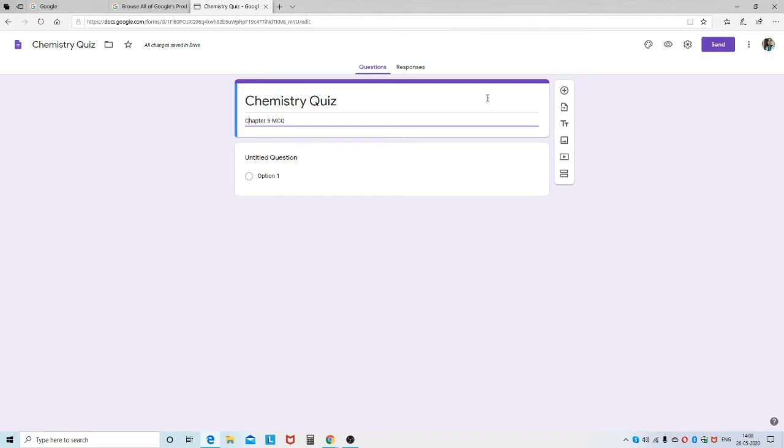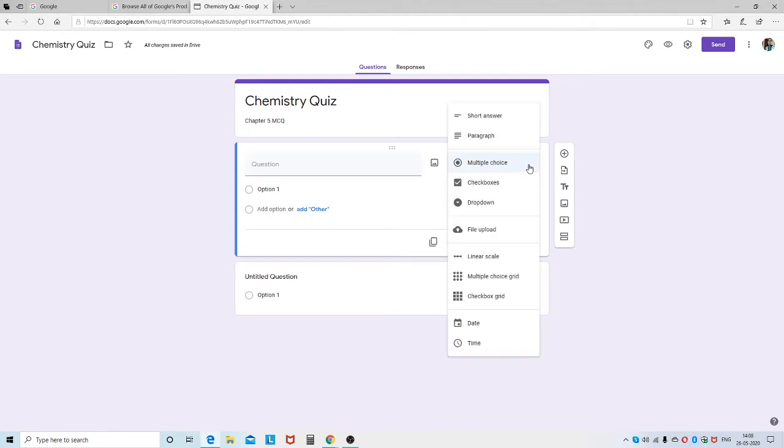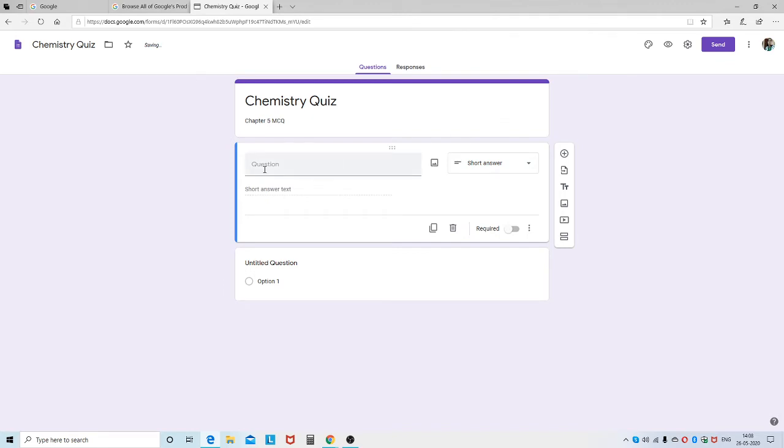Now we go to the plus button here. This plus button is used to create a new question. First of all, we have to collect the email, the name, and the class of the student. For that, you have to choose the side icon here, Short answer. Then you type Email.